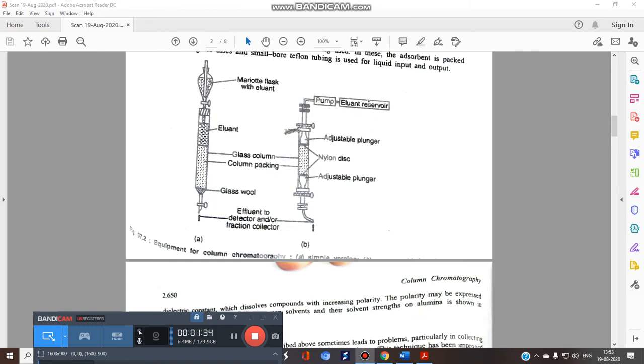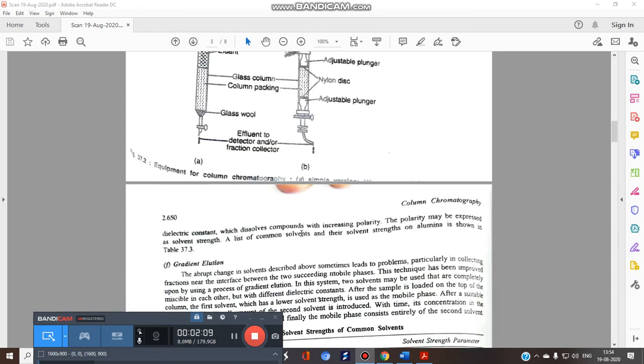And in some column chromatography, like flash column chromatography, we also use a pump. With the help of this pump, the process is fastened, because normal column chromatography is generally based upon the gravitational force, or sometimes also known as the gravity column, because it works on the principle of gravity, and due to gravity small drops are eluted, and it is a quite lengthy procedure. But nowadays we have attached a pump above this point, due to which this process is fastened up. So we can easily achieve the separation in less time.